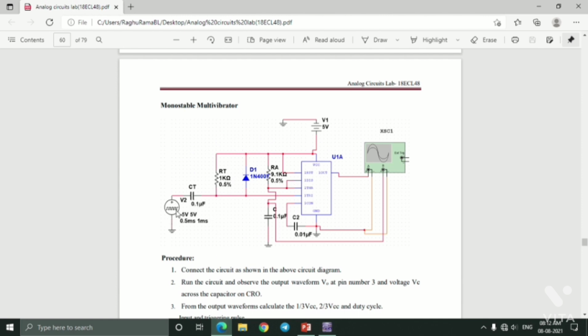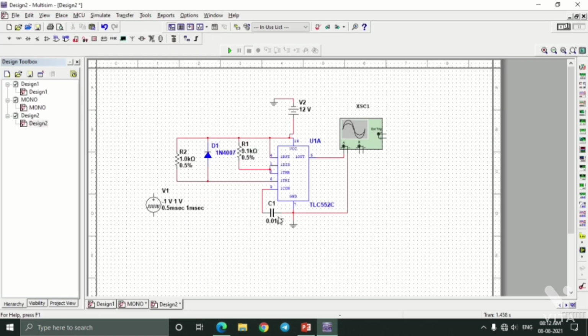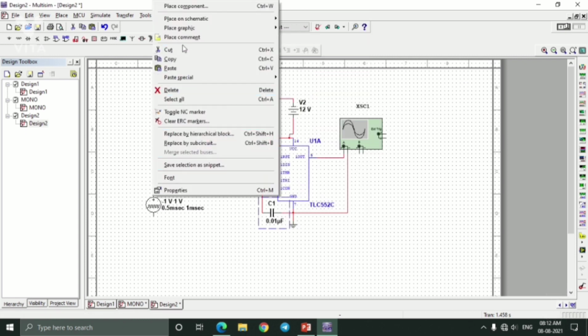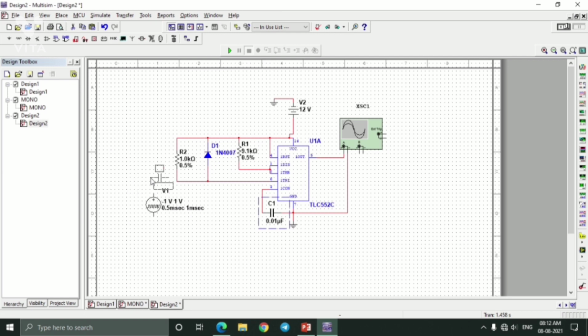In between the pulse voltage generator and this resistor, you are having a 0.1 microfarad capacitor. So just copy this capacitor and paste it over here.